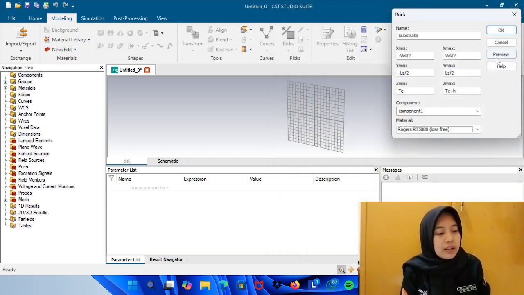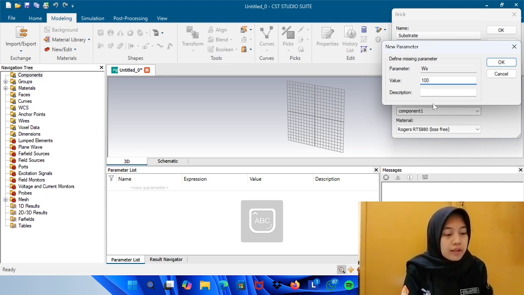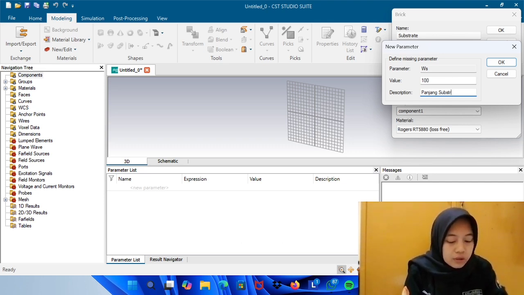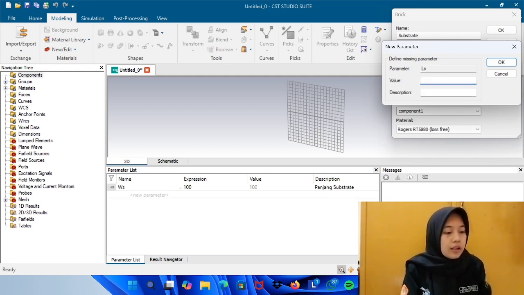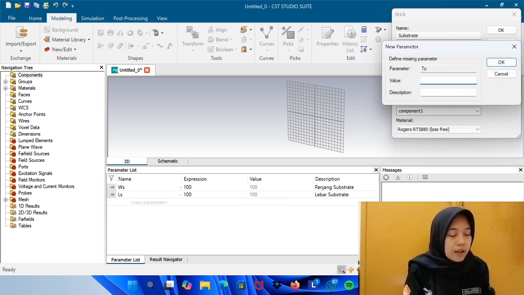You click load, preview. You give a value for WS, 100 for the length of the substrate. Okay, value for LS, 100 for the width of the substrate.